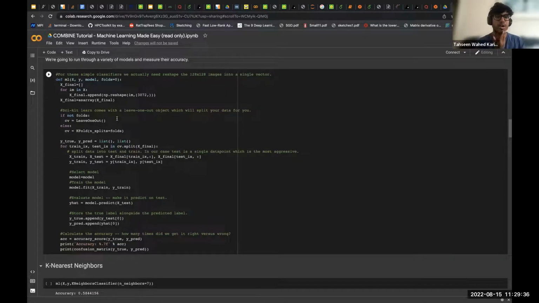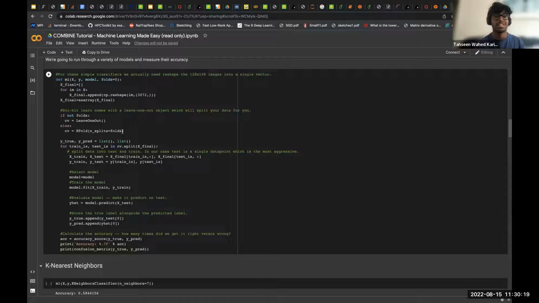Okay, and I've also put in an ability to define the number of folds in your cross-validation. For most of the stuff I will be doing today, other than the actual neural network at the end, I will be doing leave-one-out cross-validation, meaning that your training set is all but one image, and then your test set is one image. So this is, in some sense, the most aggressive form of validation, because with larger folds in your holdout, especially if the data set gets really large, there's no way that you can essentially do leave-one-out cross-validation, because you'd be training